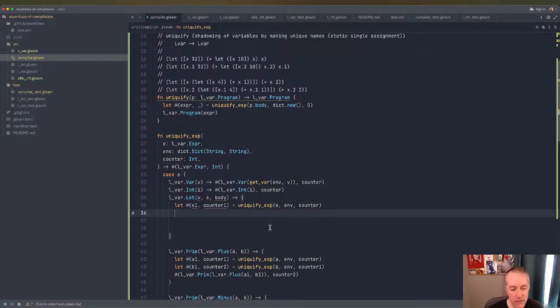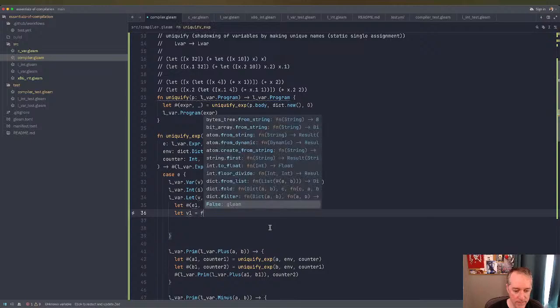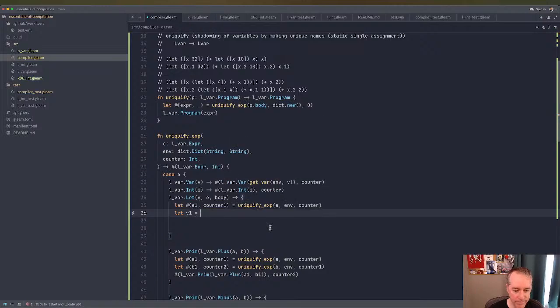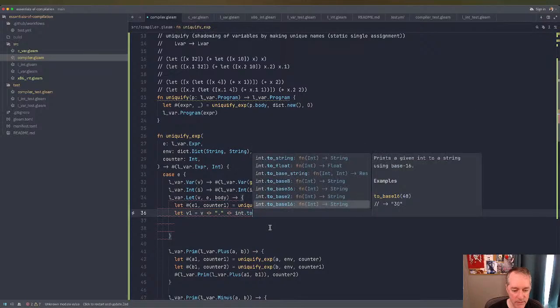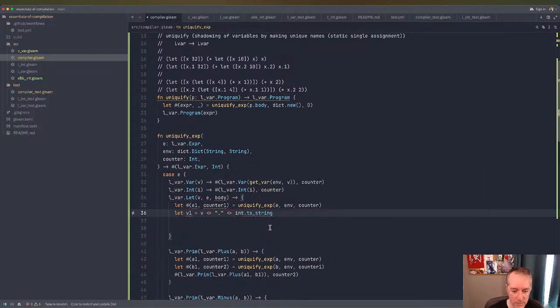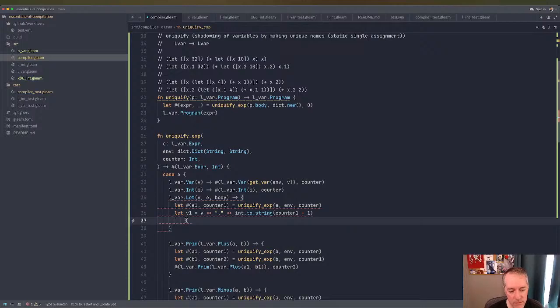And then we're going to create a new name. We'll call it V1, and it is going to be V plus dot plus int toString of counter 1 plus 1. So we created a new binding. We don't know what happened down in there, but now we're going to do